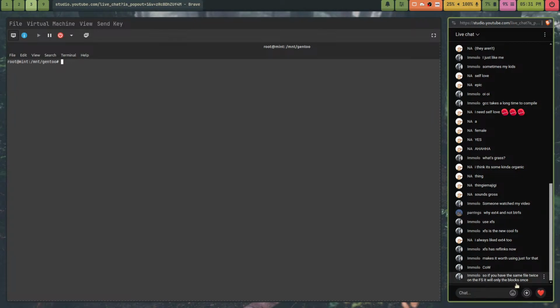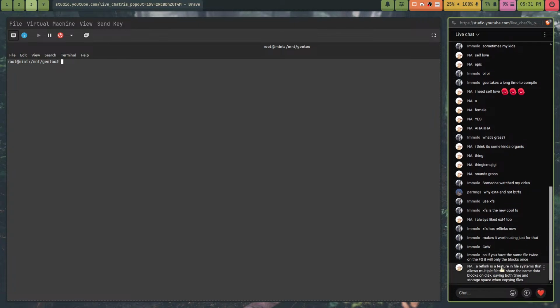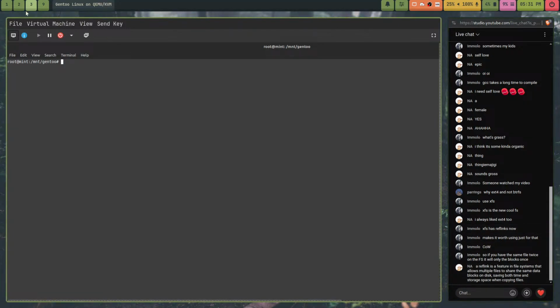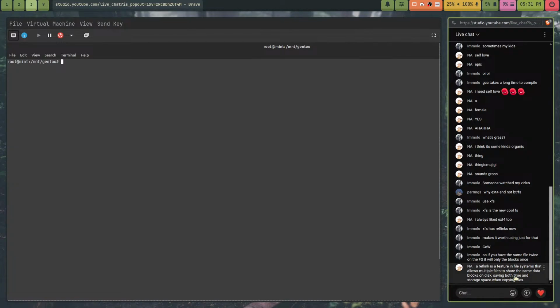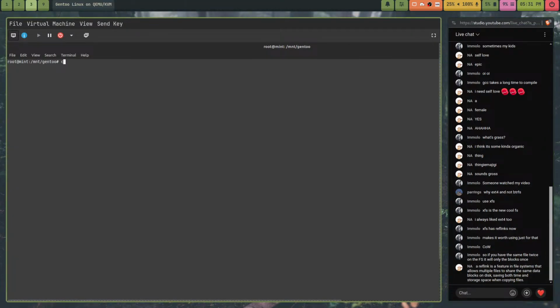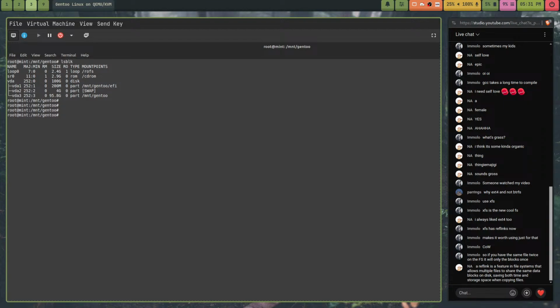It will only store the blocks once. Oh, that's interesting. Oh yeah, like copy on write. I don't know. That also just seems a little finicky. I don't know if I'd feel safe using that. Actually, you know what? Fuck it. Let's just do it. Okay,